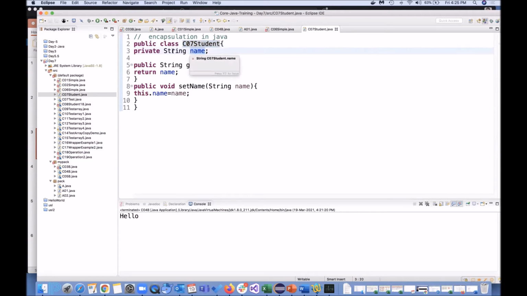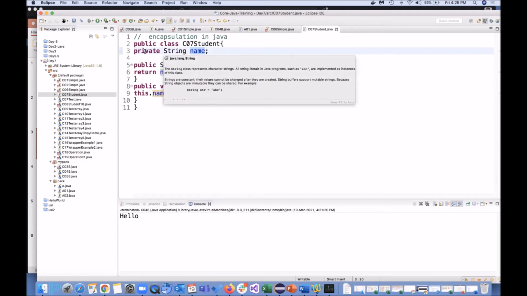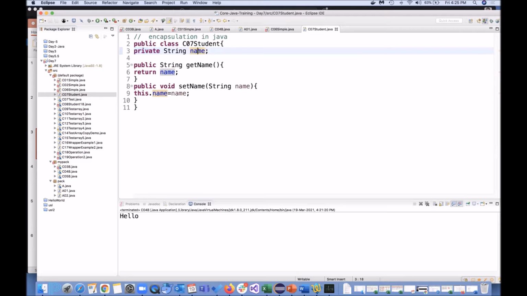I made this member private, so that if I want to access name from outside the class, I cannot access this private member. We have learned that very well, correct? But then why have you written this as private if I cannot access it?